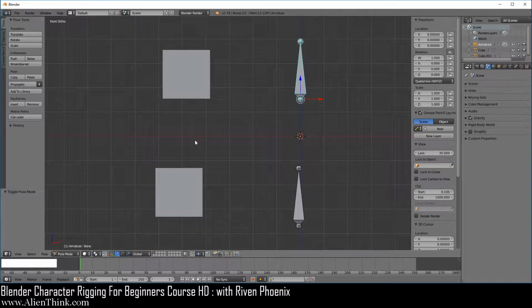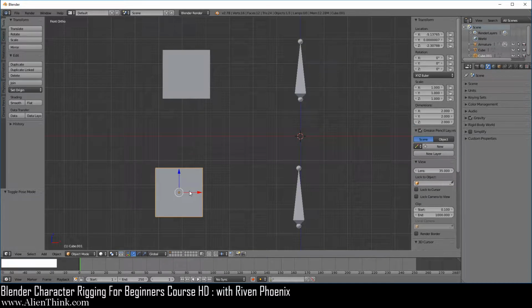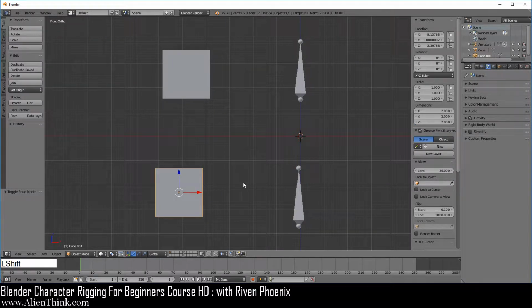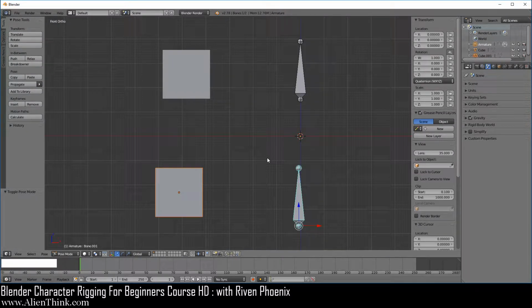Now, you've already seen that when we click on an object and we want this object to be the child of a single bone, we have to make sure that when we are in the armature, we switch to pose mode. Now when we click on this object, press the Shift key down and click on this bone, and then when we do Control P, here you can click on bone. This is what we had originally done when we were creating the eye as the child of this bone.